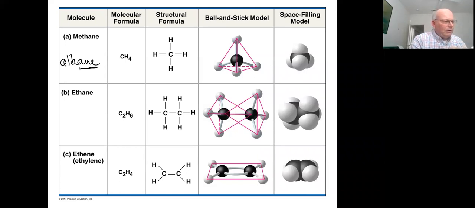Let's see what I've got here. Put my models back together so I can show you the things that I want to show you later in the chapter. So we might draw ethane if we were drawing it out. Well, you can see it's drawn out. I don't need to, it's drawn out here. So you can see how we draw it in 2 dimensions, but we have to remember that we're dealing with